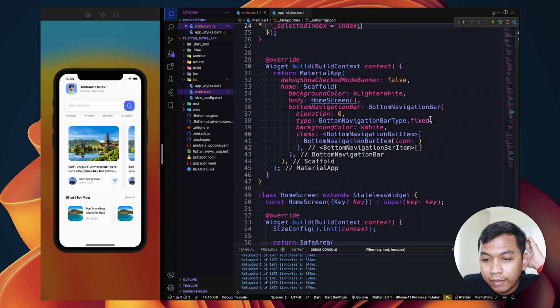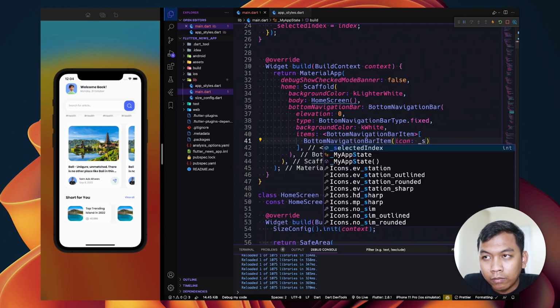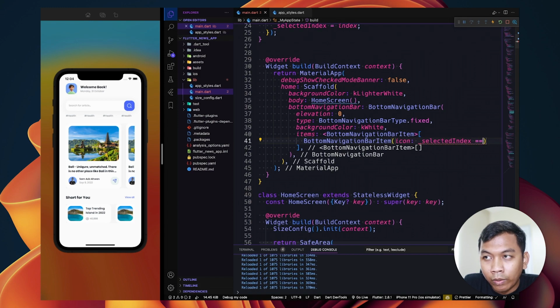Alright, and now here we want to use a ternary operator which is when item selected index is 0,